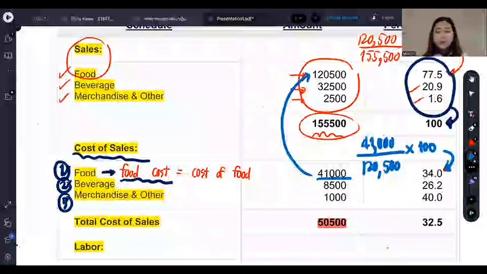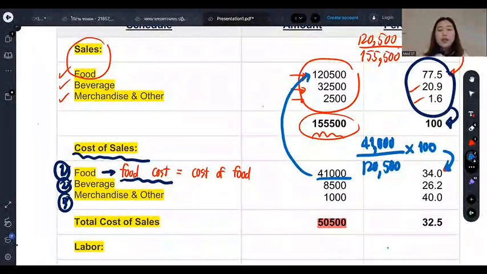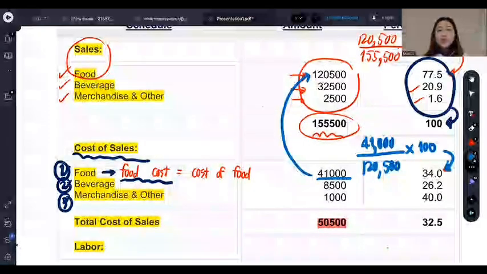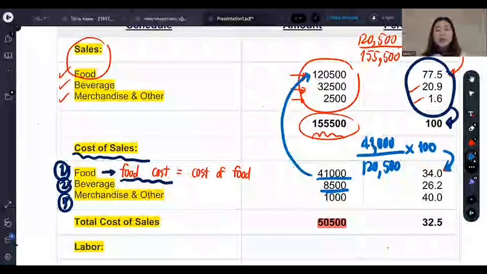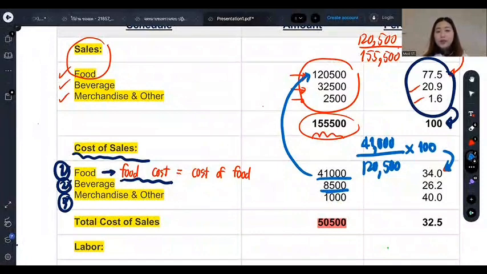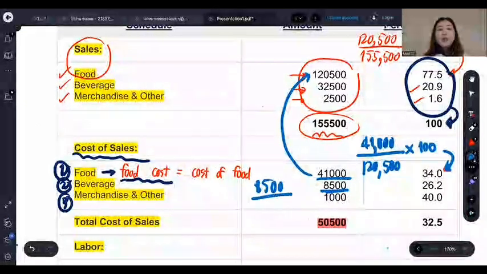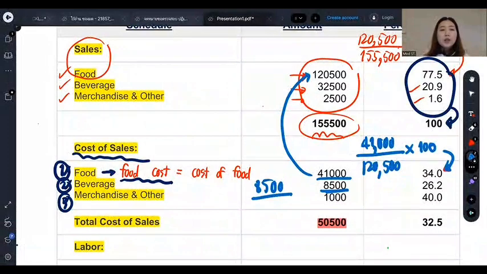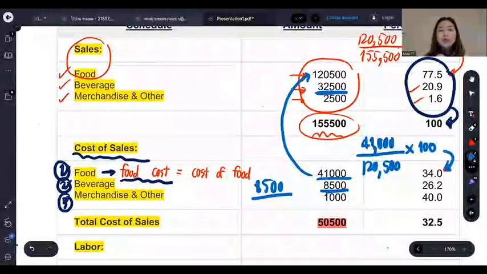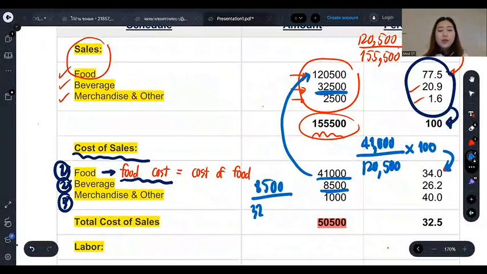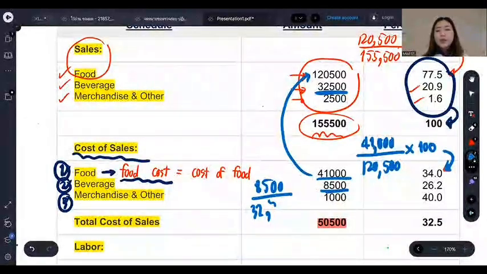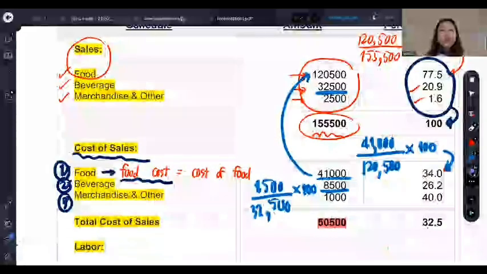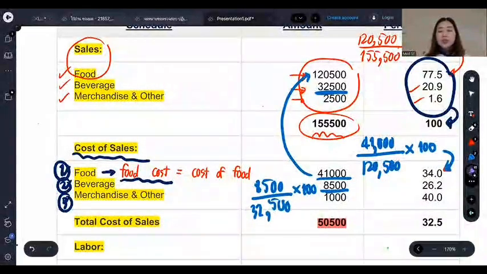For example, if we want to find the beverage cost, we can use the beverage cost, this amount, which is 8,500, dividing by the beverage sales, which is 32,500. And after that, multiply with 100. And then we will get the percentage of beverage cost, which is